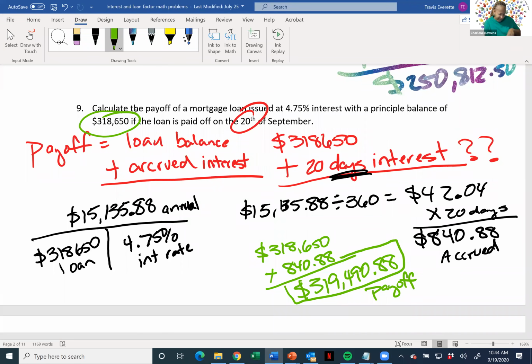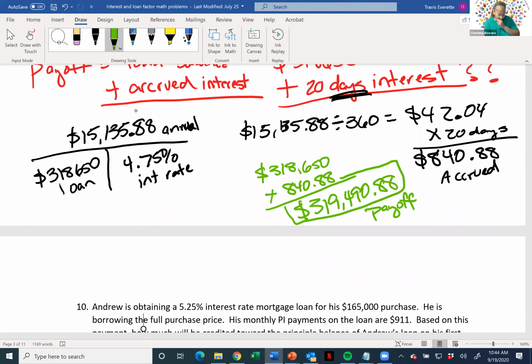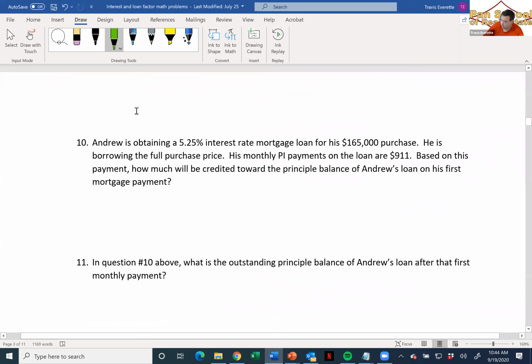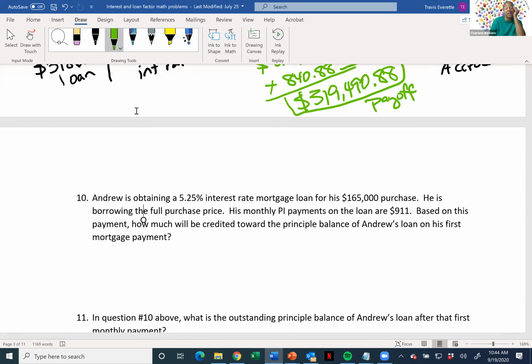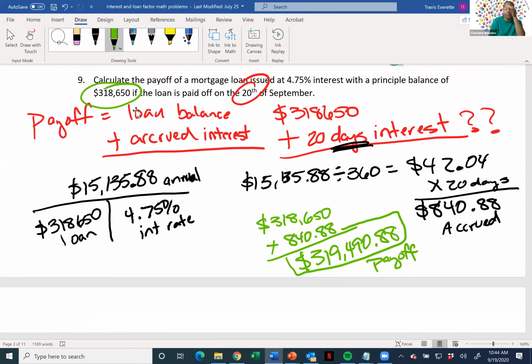Calculate the payoff. So we'll have access to see exactly what their interest rate is on their loan, as well as a broker. You're going to ask them for a copy of their mortgage statement. When you list the property for them, you're just going to say, I'm looking for a few things in their mortgage statement. Number one, I want to see what the interest rate is and that sort of thing. Mainly, I want to see, is it current?